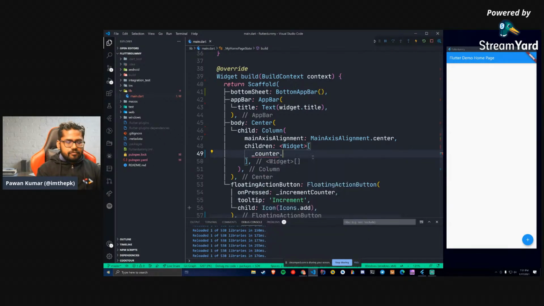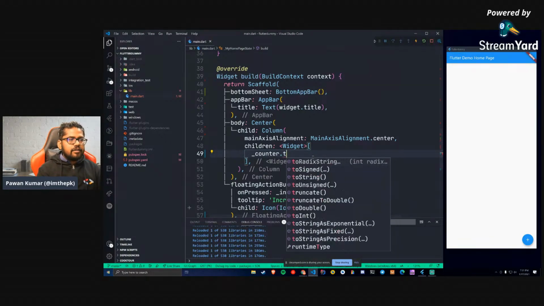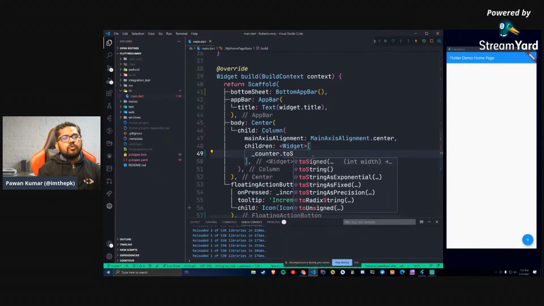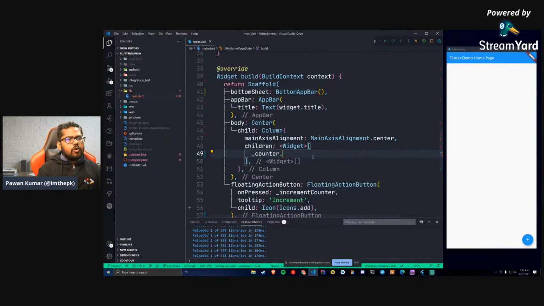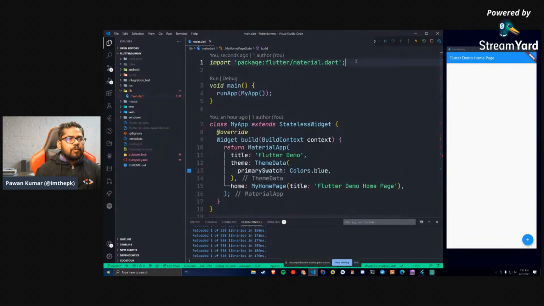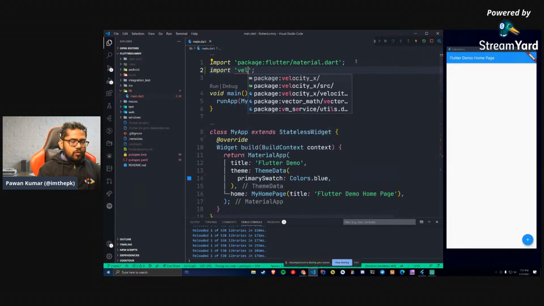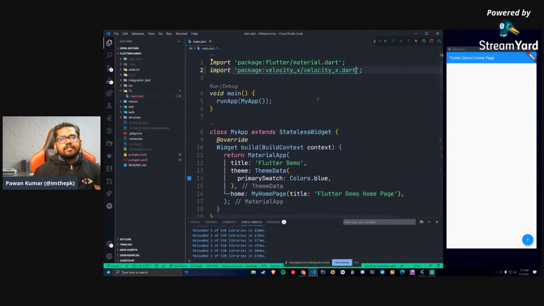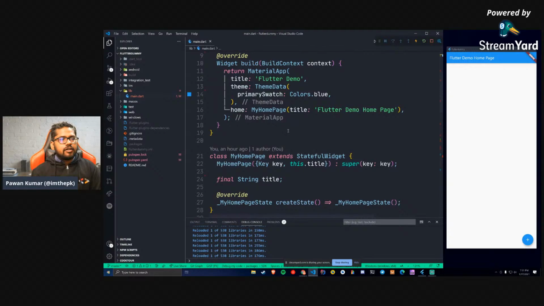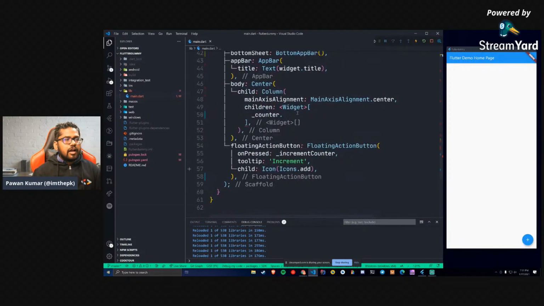You can just import velocity x first of all. This import is actually required, because otherwise it will not detect that you are using velocity x, so the syntax will not work.